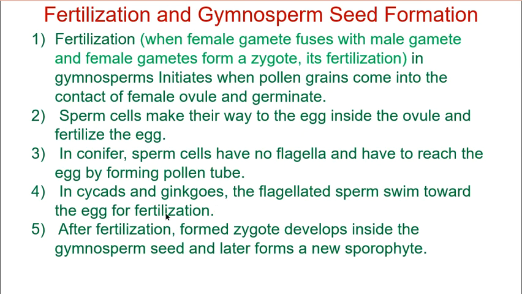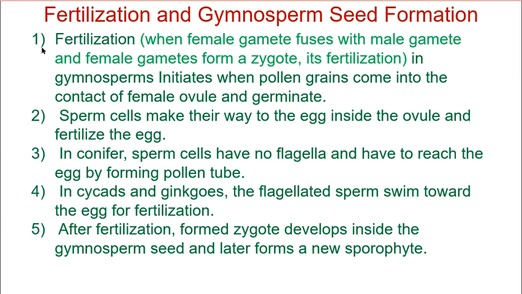Now moving forward, fertilization. Now the stage comes when we will study fertilization, how it happens and how gymnosperm seeds are formed. Giving a short introduction, I can say that sperm cells or the male cells or the male spores have to reach the female egg. Fine. The mode of reaching can be flagellar movement or can be what? Making a pollen tube. Fine. Finally, they both fuse and form a new sporophyte.